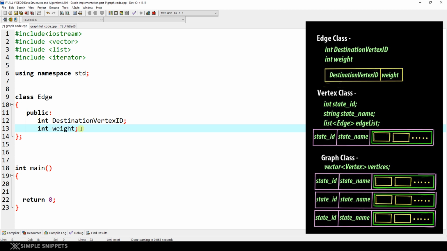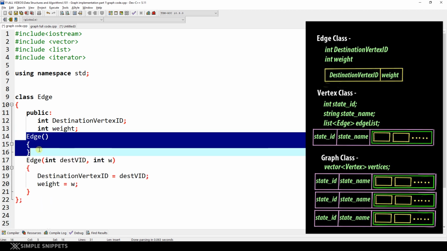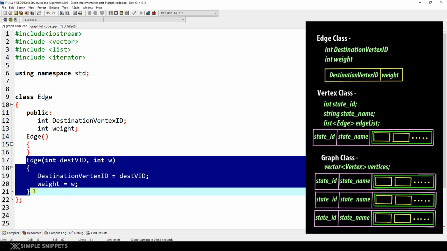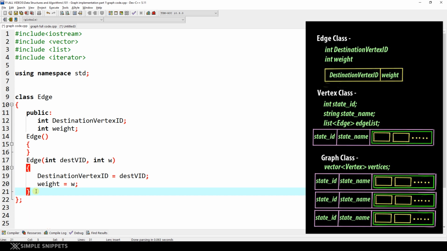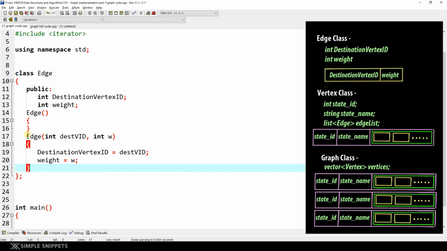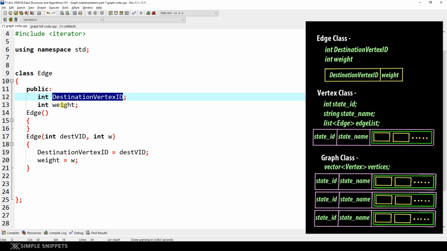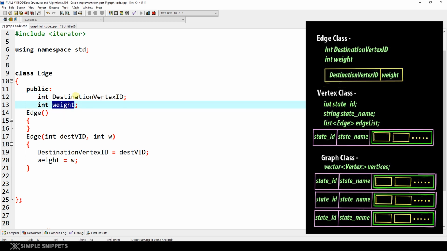Let's create the basics, that is the getter and setter methods as well as the constructors. So a default constructor as well as a parameterized constructor I've created. I am copy pasting the code because I don't want to waste your time by typing everything, but you guys can pause it and at least type it once. Then moving on, we need to also create some getter and setter methods. I hope you know what are getter and setter methods. Basically, a getter method will return a particular data member and a setter will actually set the value.